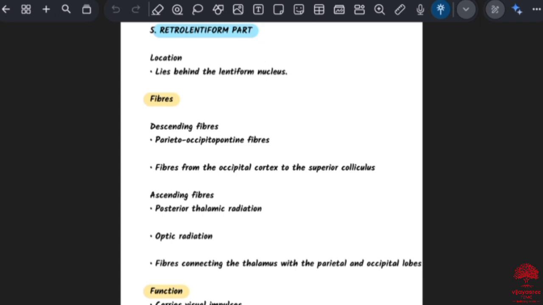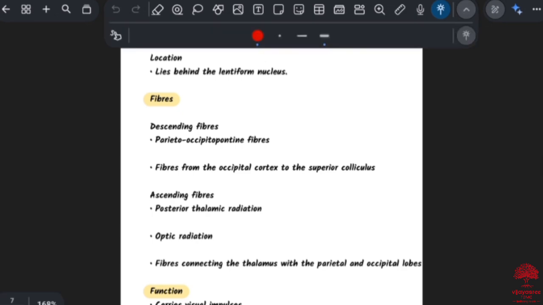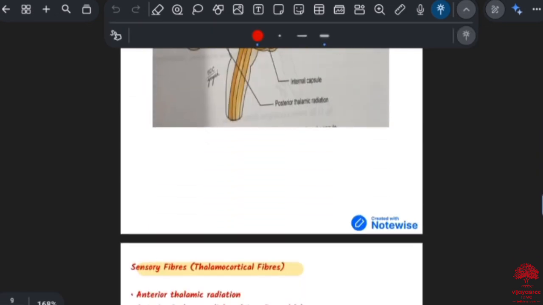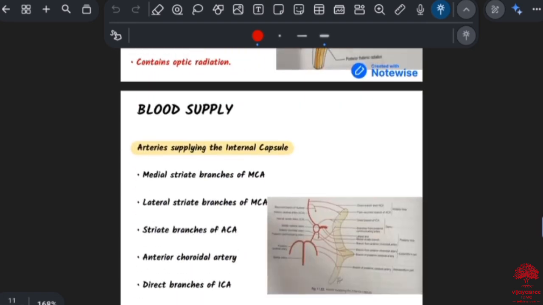There is a box that is given in Vishram Singh. I think that will be more than enough for you guys. Then study the figures also. Then coming to the blood supply. Blood supply is also important. So the blood supply,